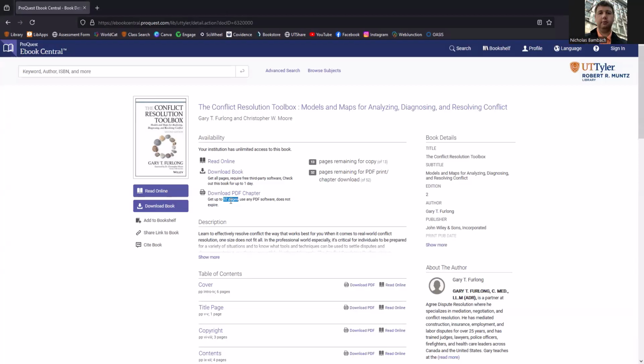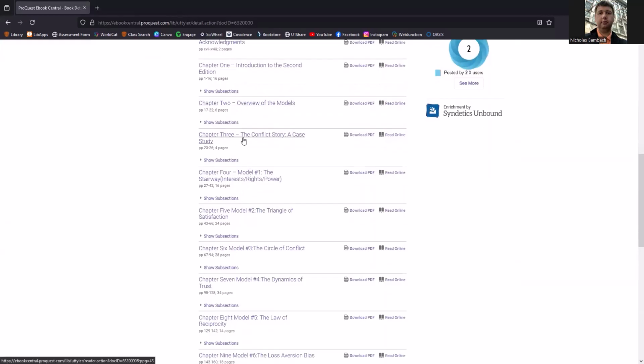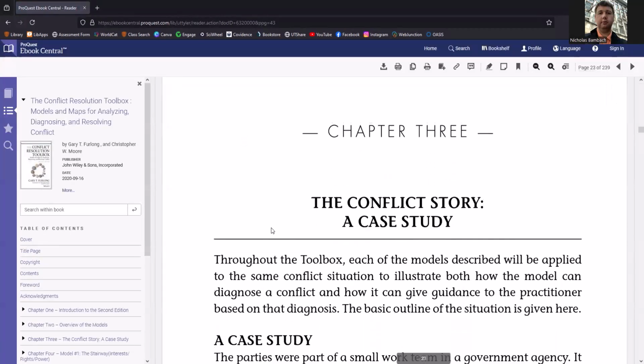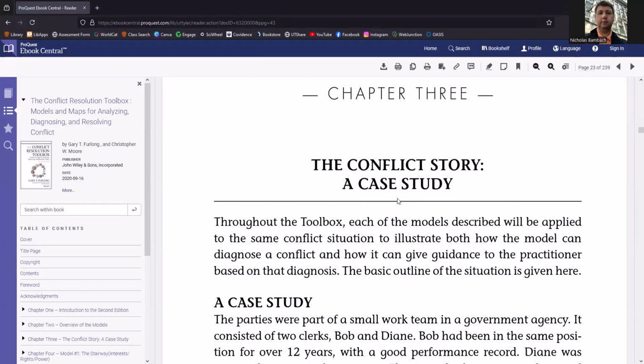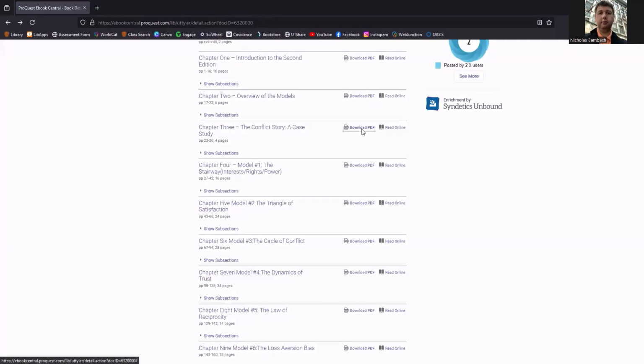So the way to treat that is you have these PDFs available to you forever. So you can definitely use them on your phone, your tablet, your computer, and you could, of course, print them out if you want to, but the downloads for the PDF files never expire. So if you wanted to look at a specific chapter, like, let's say, chapter 3, the conflict story, a case study, you can go into the book and you could read it if you want to. But if you want to download it as a PDF file, you can go right here, download PDF,